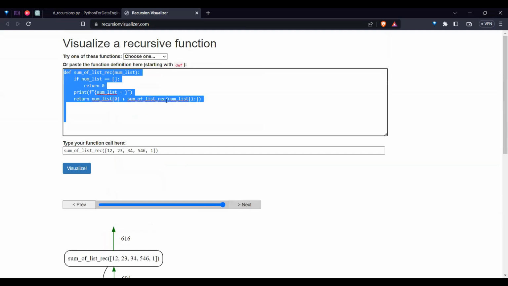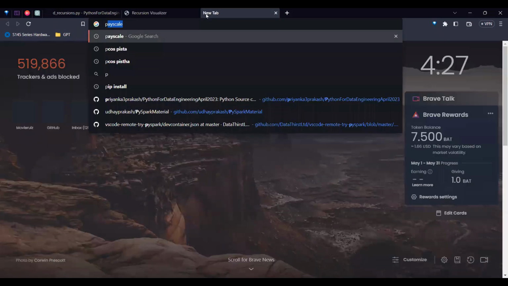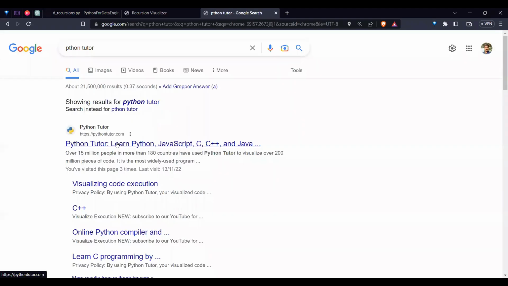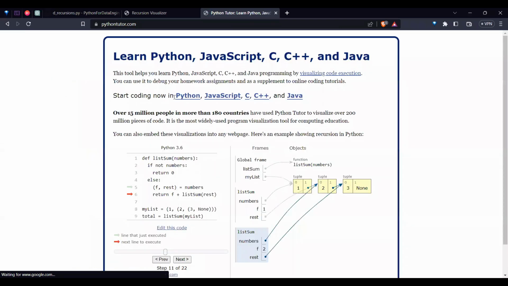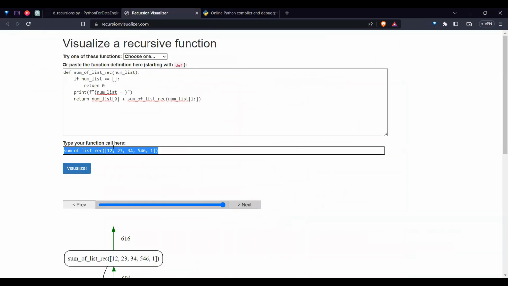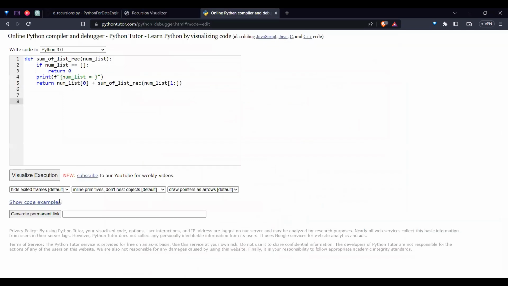So if you want to further visualize it, there is something called Python Tutor. If you go to that, there is a better visualizer. This is for anything. For Python, JavaScript, C, C++, Java, they created it for multiple things. If I go for Python and make a call same like this, I took some values and I need to make a call inside itself. And if I click on the visualizer,